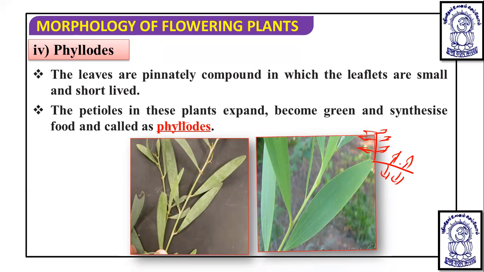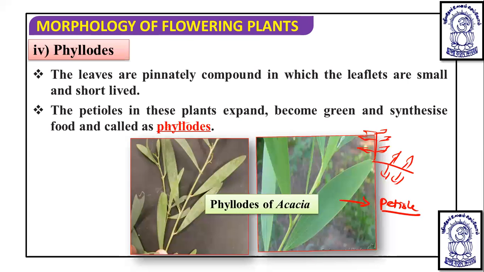So actually leaf are this one. This is the petiole, and this petiole is known as phylloid, and this petiole is seen in one of the important example, that is acacia. Now this acacia is also known as Australian acacia. And the scientific name of Australian acacia is